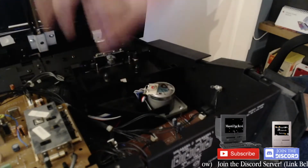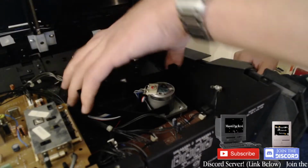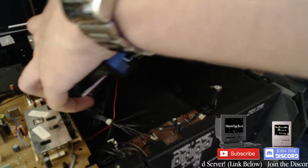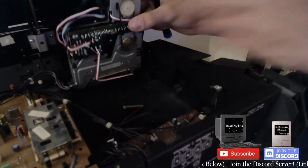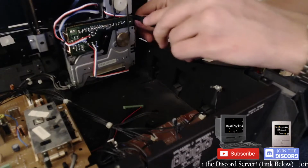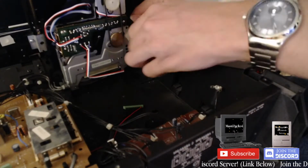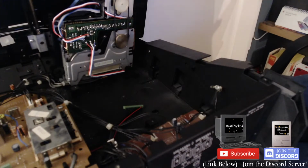Ah, I have to take the plastic part off. God damn it. I'm not taking it. I'm not unplugging it though. Screw you. Is it even right? Is it? No, it's not. I put Phillips on and then...